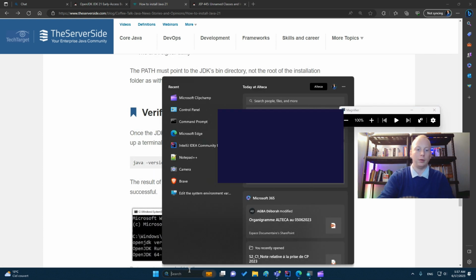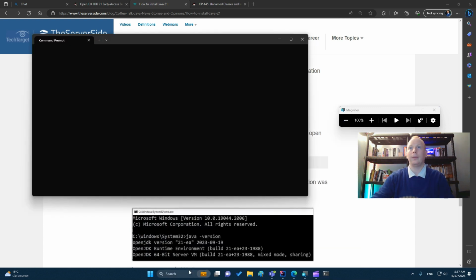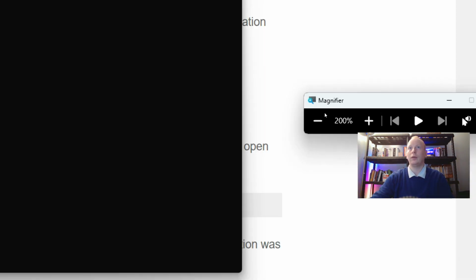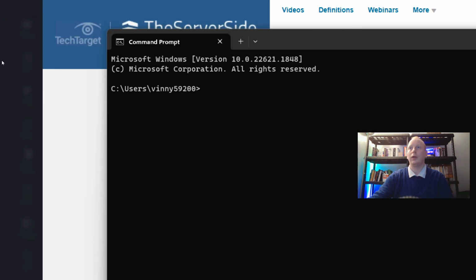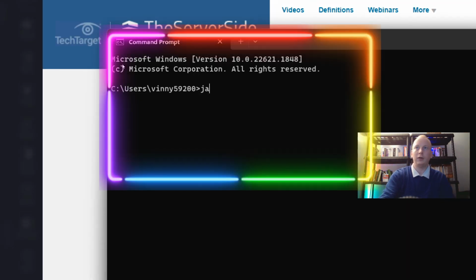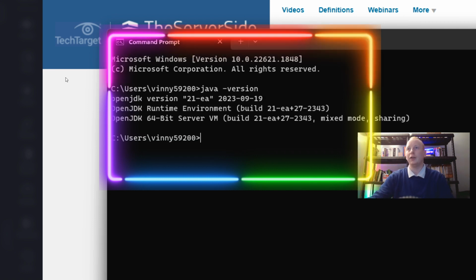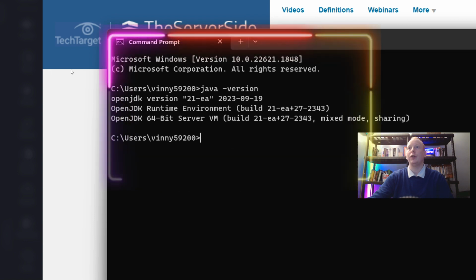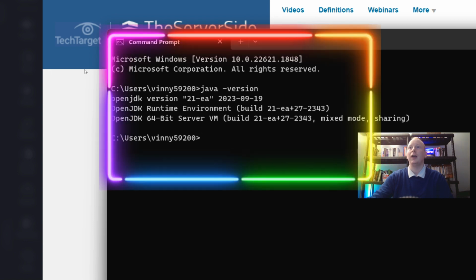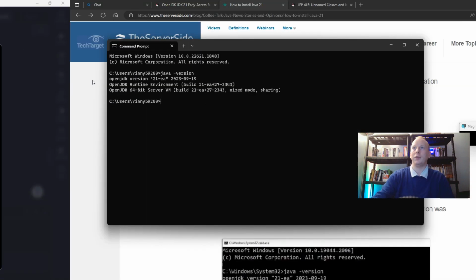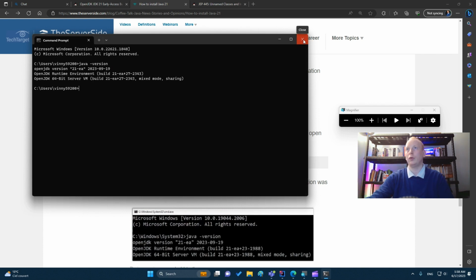I will launch the Windows command prompt. Okay, I zoom in. And if I do java -version, I should see Java 21 JDK. Okay, that's it. OpenJDK version 21-ea, for early access. So I can use the latest features of Java 21. I zoom back, I close the command prompt.